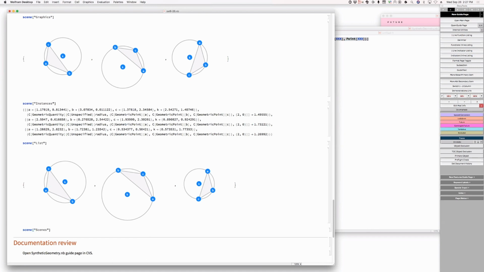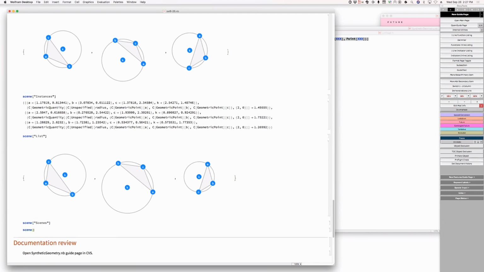Right, but tab view will return a tab view. It'll have head tab view, but each individual thing inside the tab view will have head geometric scene. Wait, what? You're suggesting yet another subvalue. Well, look at the ref page. But it's just a subvalue that returns something convenient for you. Oh, so it's not a big deal. Sorry, you're saying the default return value is just a rewrite. Right. The default return value is